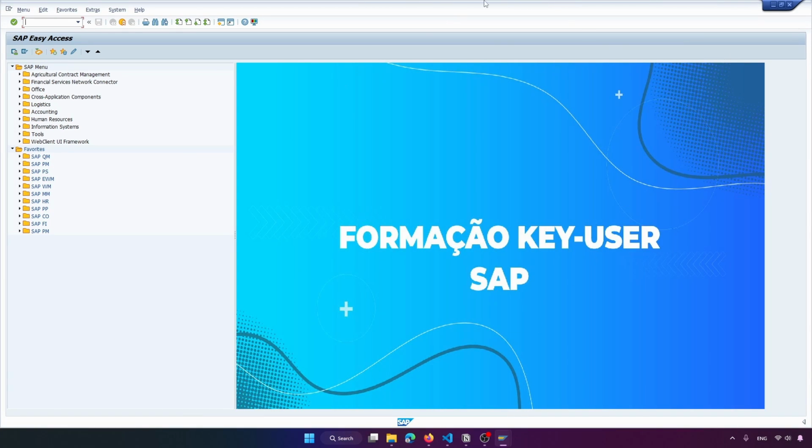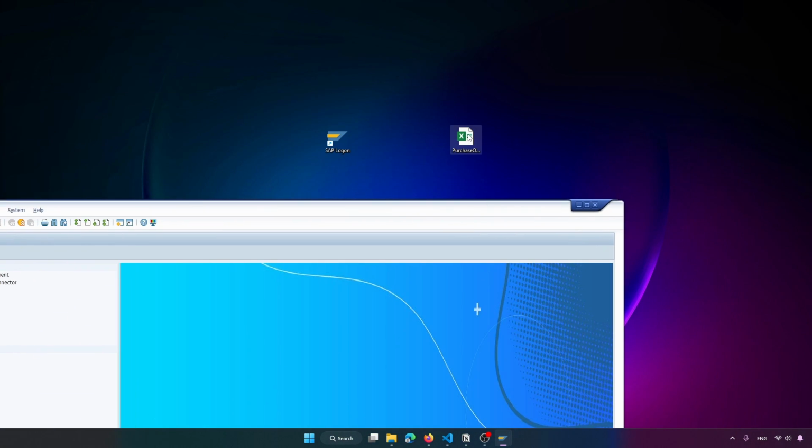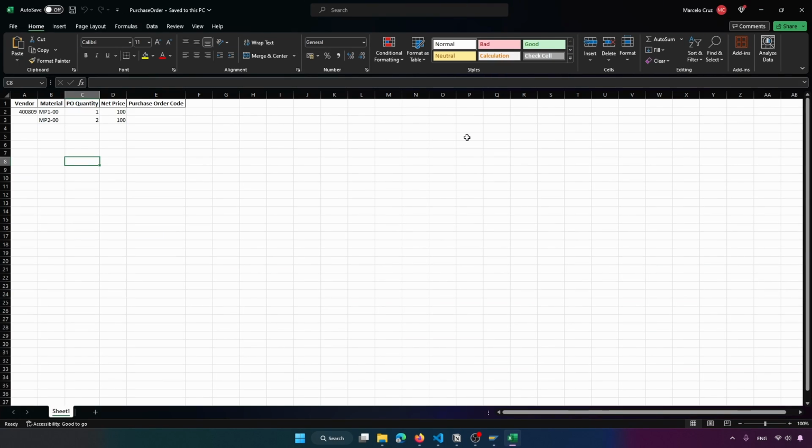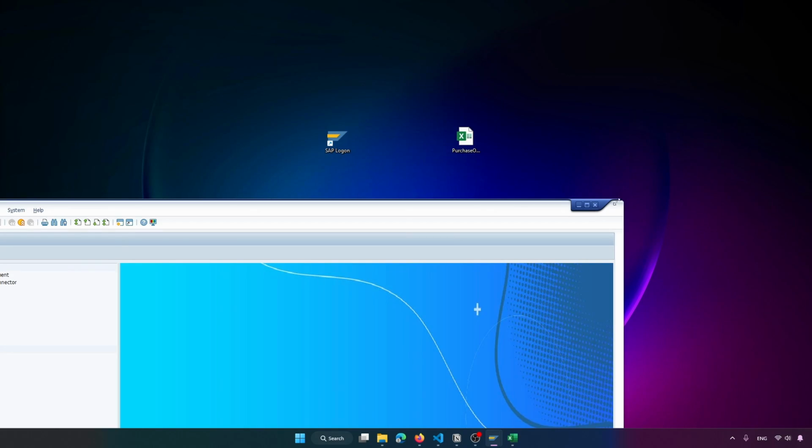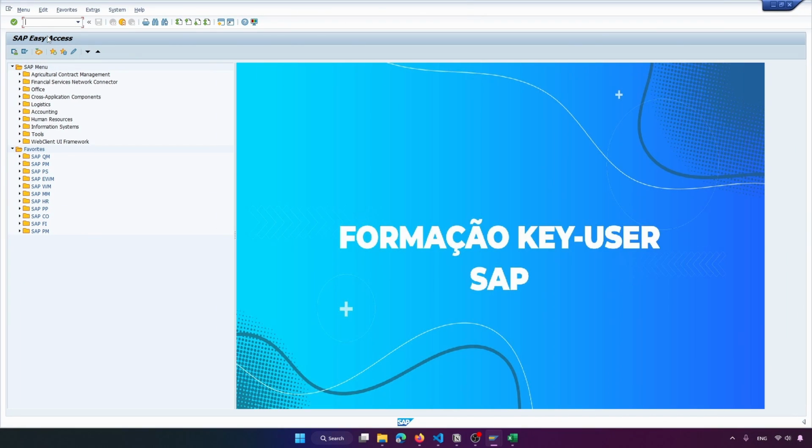So now, after login on SAP, we will automate the creation of a purchase order. So we'll have here an input file that you can find a link to in the description of this tutorial if you want to download it. So it's an Excel file with data that will be used to create the purchase order. So to create the purchase order on SAP, we basically have to execute the following code,